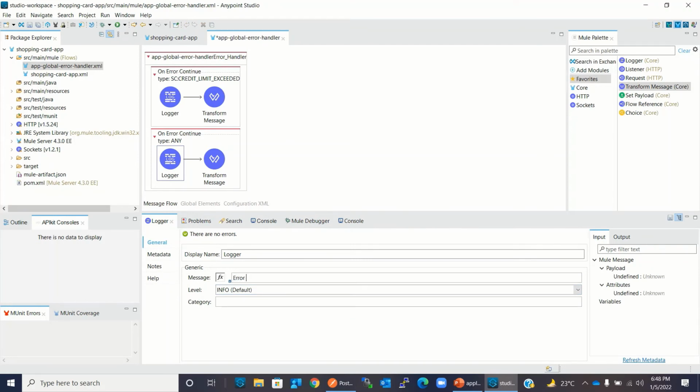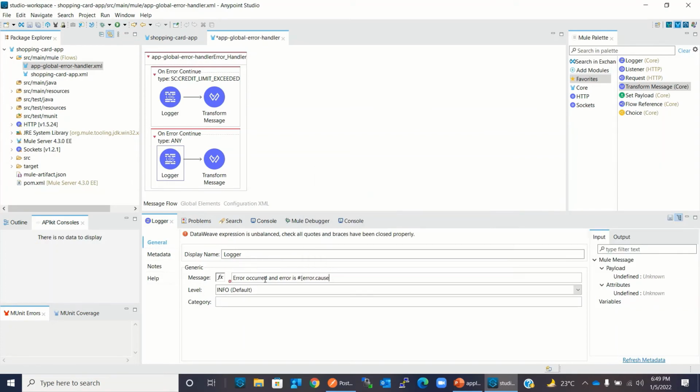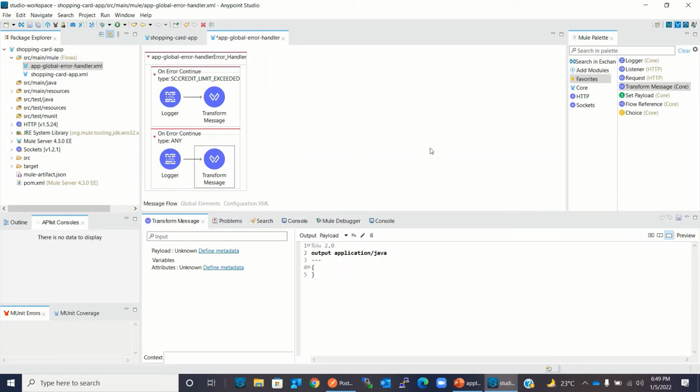I will log error occurred and error is error.cause.message, and I will set the JSON payload.